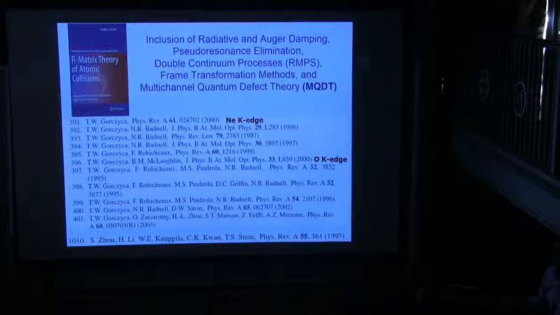Double continuum processes. This is a photon coming in, an inner shell electron being ejected, followed by the shake-up, if you like, the ejection of a second electron. That turns out to give something like 20% of the signal above the K-shell threshold. In any event, those were introduced here, and Phil Burke thought it was worthy of including in his long list of references much of this work. The other important thing is that back in 2000, I did K-shell photoabsorption of oxygen and neon.